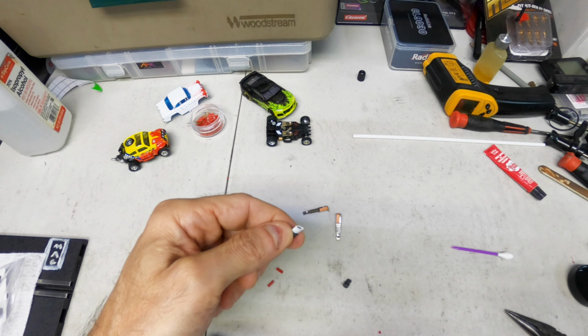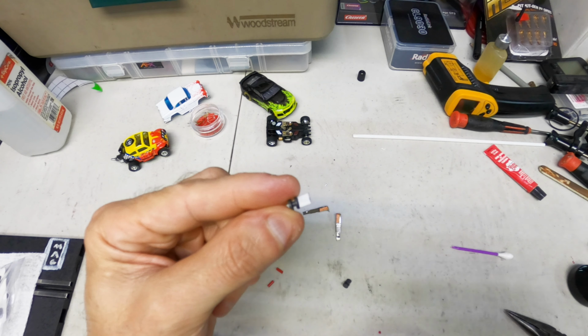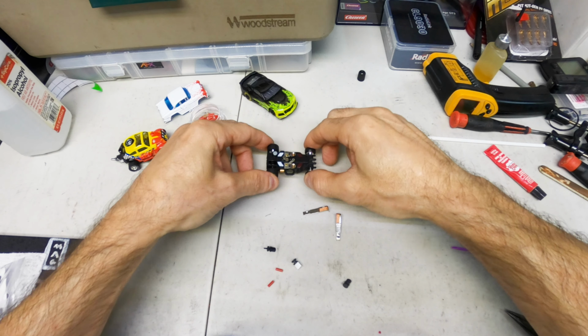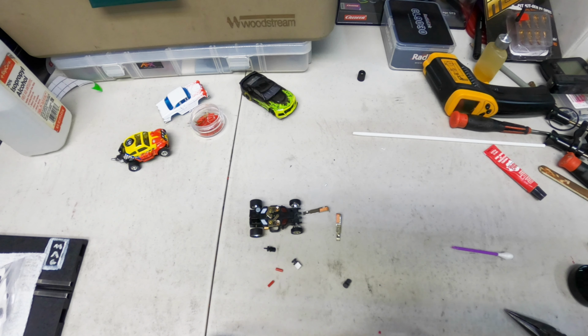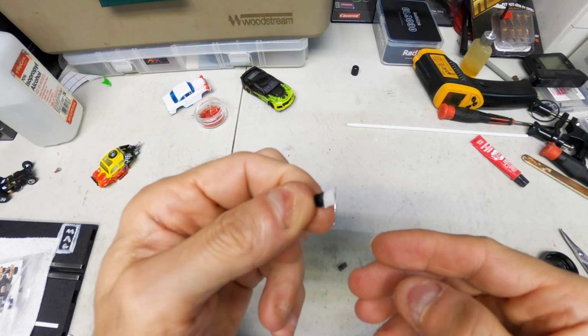It takes a while for the scoop glue to dry, at least probably an hour. It'll be good enough. Alright, so let me get some shoes on this one, and I'll show you it when I'm finished, and with the guide pin in there also. Alrighty, now I have it on the Auto World guide,